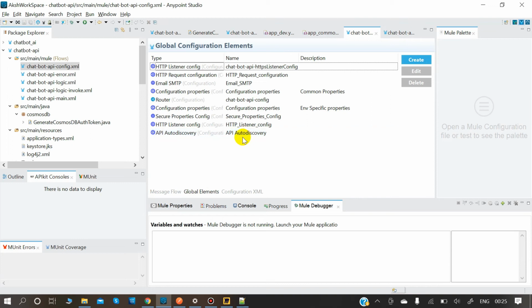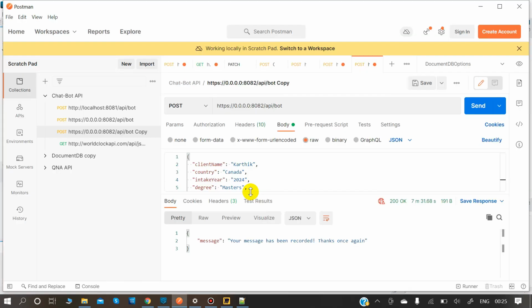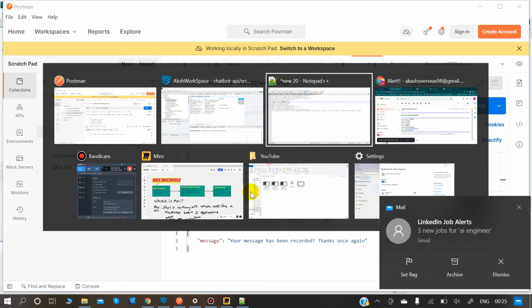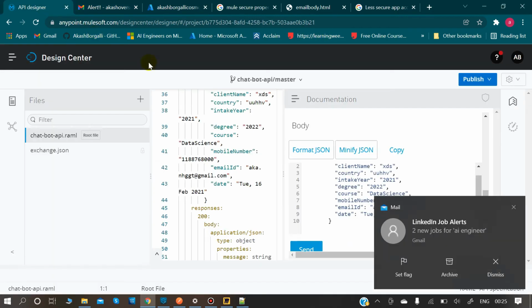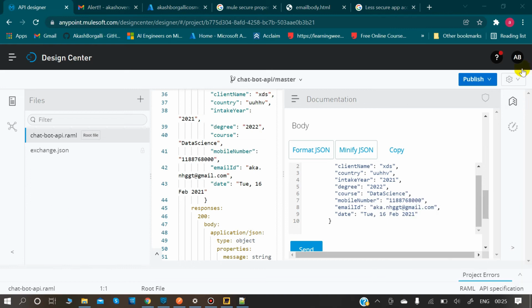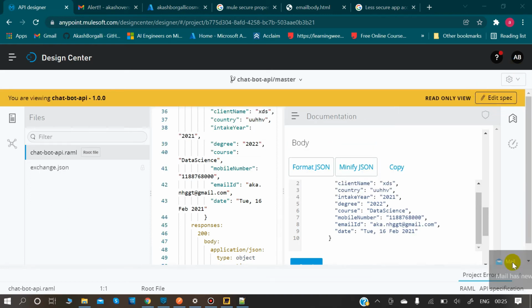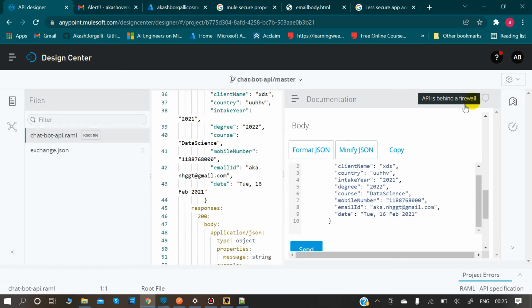Now what is this API auto discovery? This is something that we use to connect to the RAML that we have created, so that we can apply policies to our chatbot app. For that, there is a particular ID that gets generated when you deploy, or you share it to your Exchange. I will show you. So once you publish your bot, edit specs.